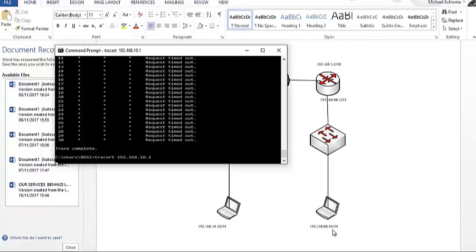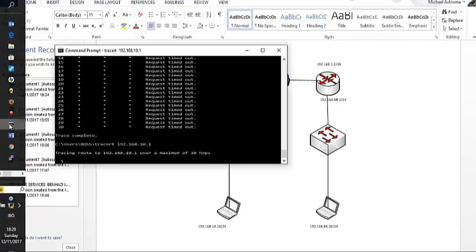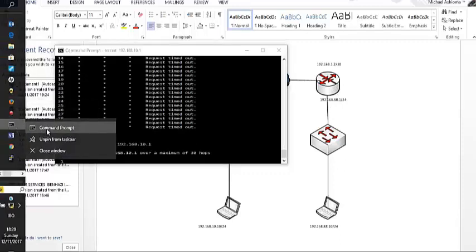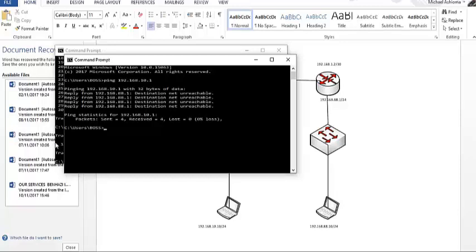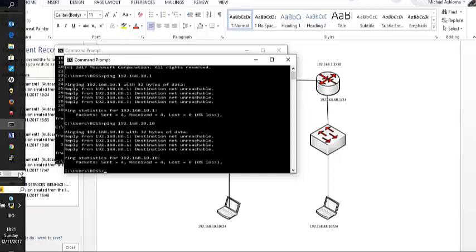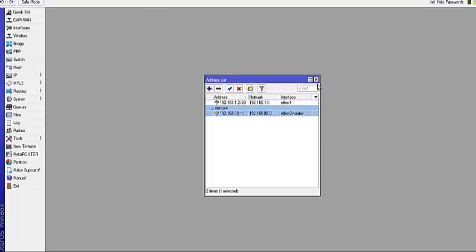The PC attached to it, as you can see here, is 10.10. So we are actually here, 88.1. That's where we are, and we'll run a ping over here. Sorry, I thought I was running a ping, but I was actually doing a trace. So let me run a ping instead. As you can see, the destination host is unreachable. Let's try to reach this PC over here just to be sure. As you can see, we cannot get there at the moment. So I'm going to head back over to the router and set up a GRE tunnel.